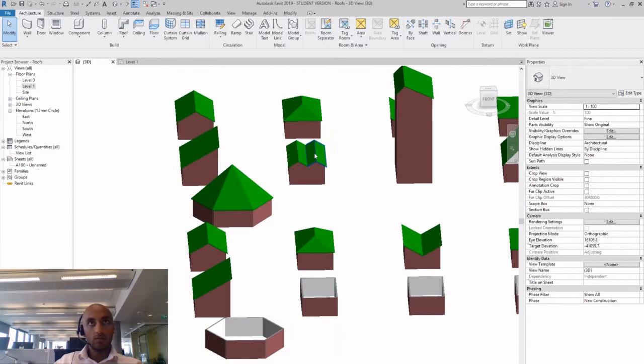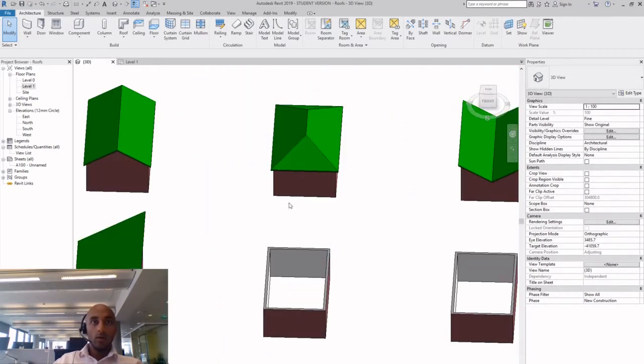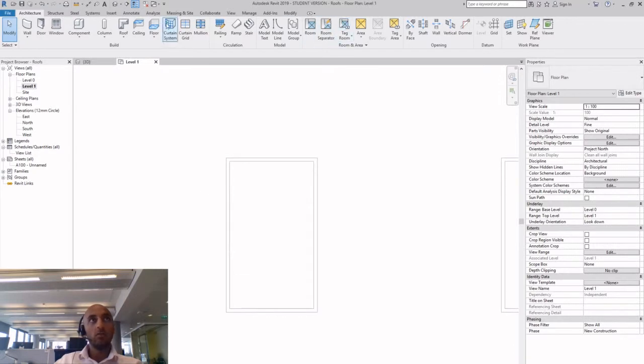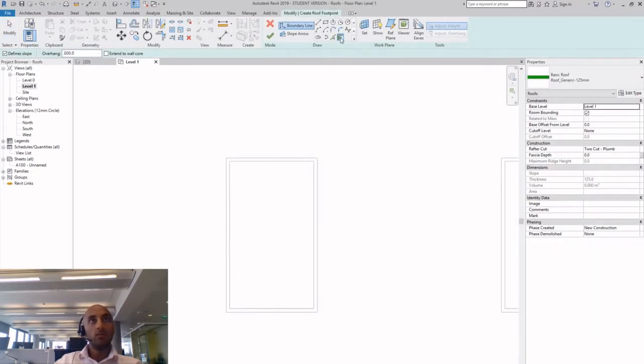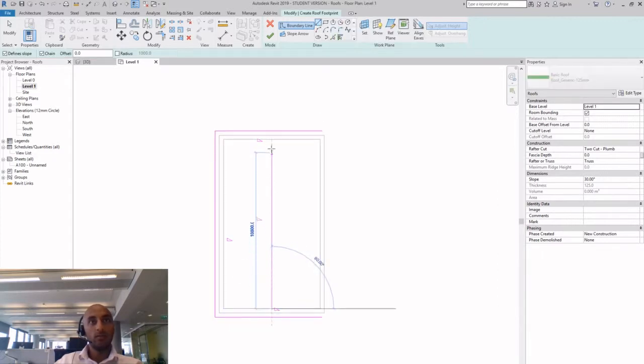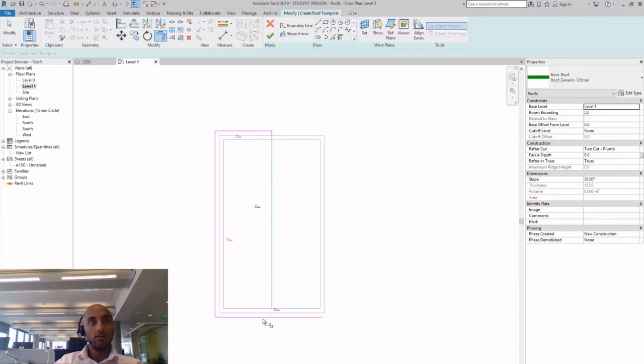Right, next we will go through the M shape. This is basically going to be two roofs next to each other. So I'm going to just come to level 1. I think it's easier to draw this one in 2D mode. Say roof, walls, that one, that one, that one. And then I'm going to draw a line from the center line of this, midpoint of that, there to there, there to there,